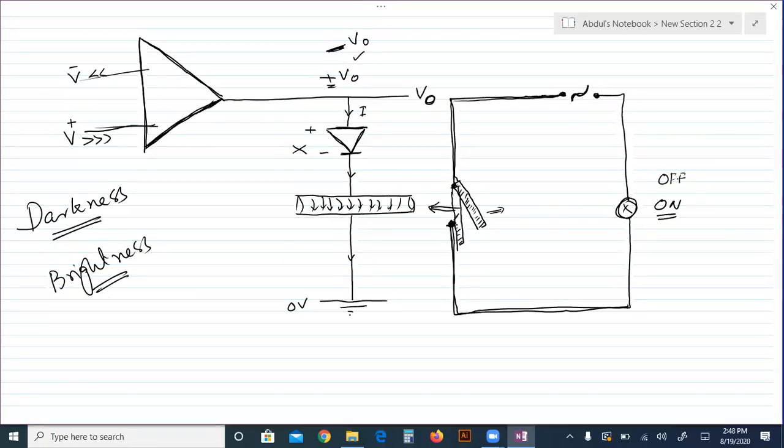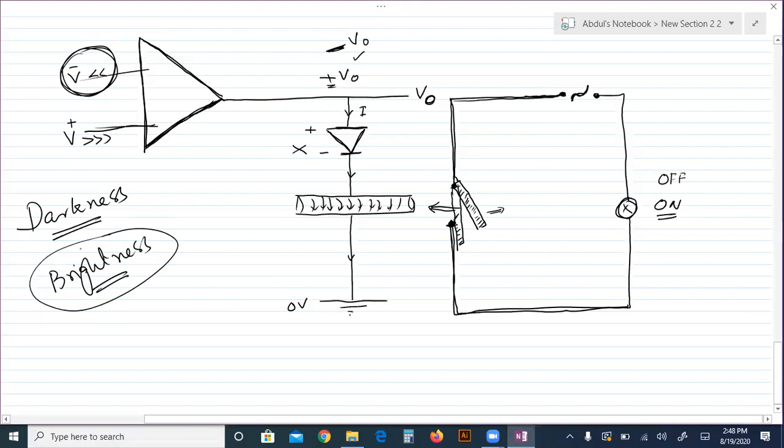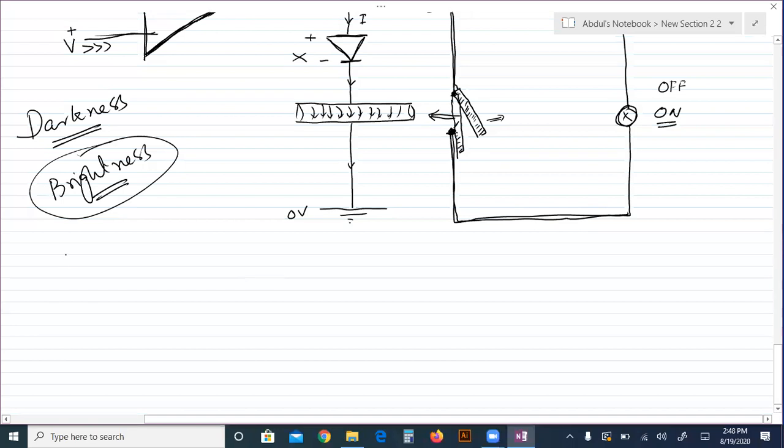The problem is when this inverting input voltage increases due to the brightness, a stage will come when both are equal. Look, in the darkness, this output is greater, and this non-inverting is greater, and inverting is smaller. Early in the morning,